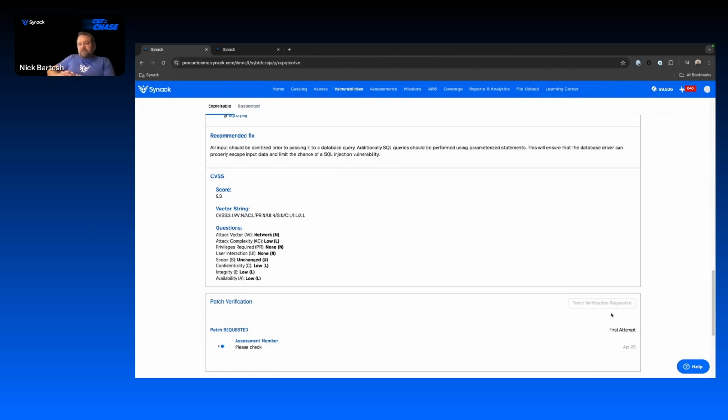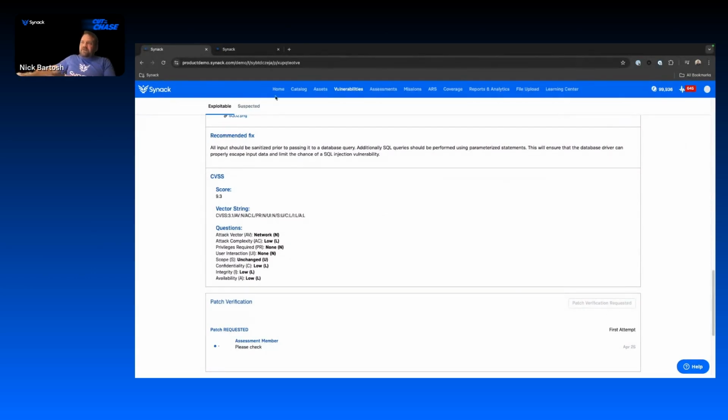to the Synack Red Teamer and ask them to please verify this. Can you still exploit the system after we patched it? And they can then tell you whether or not it has worked. So with that, once we have done all of those steps, we really want to start to focus in on